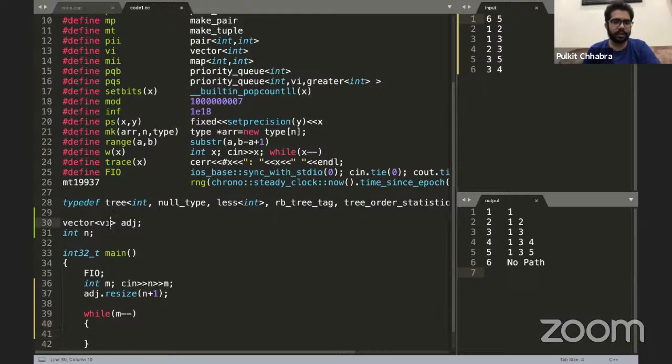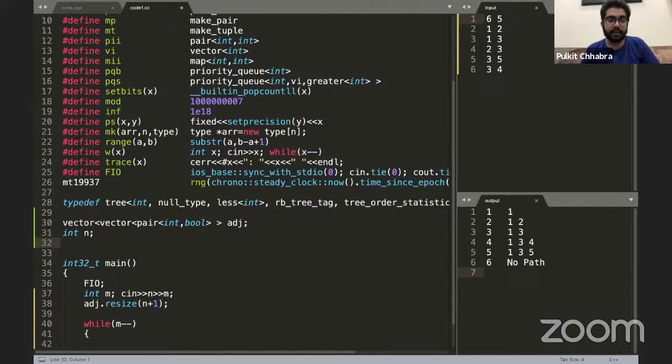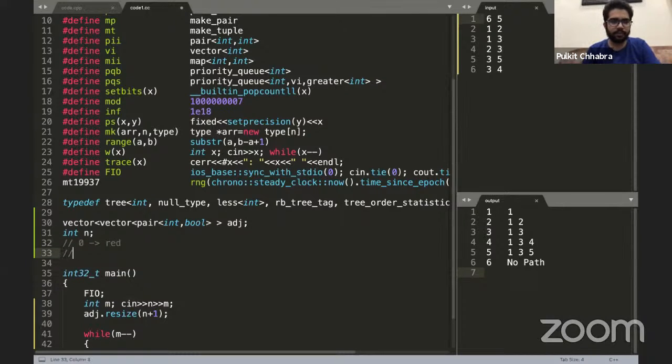Also, yeah, I'm sorry, in this case this vector of vector int will not work. We will need vector of pair of int comma bool, because we also need to store for each edge whether this edge is red or green. We need to store it. So let's say 0 represents red, and 1 represents green.